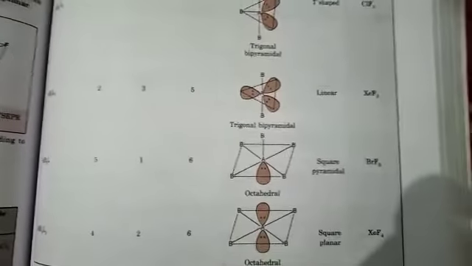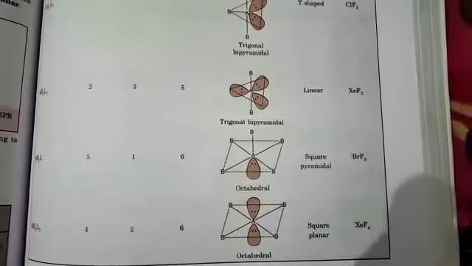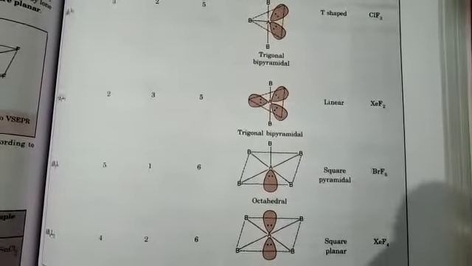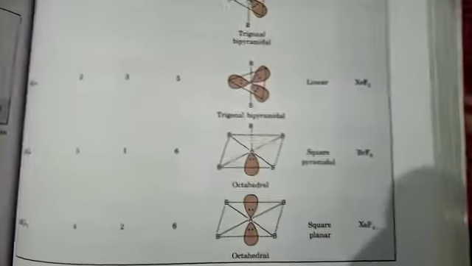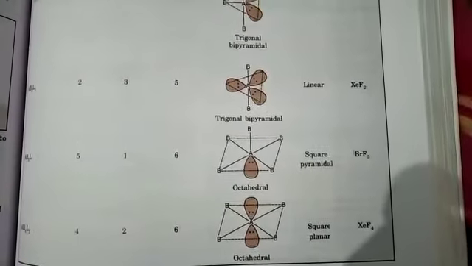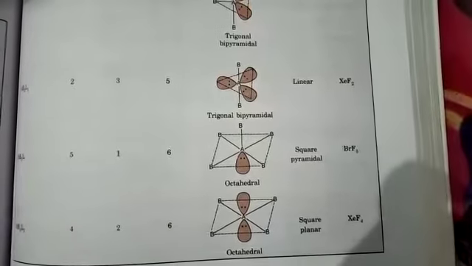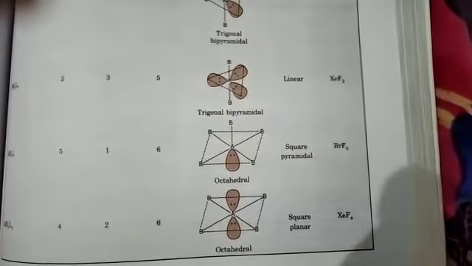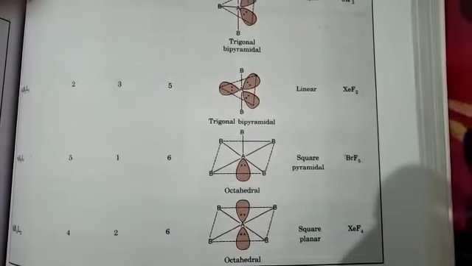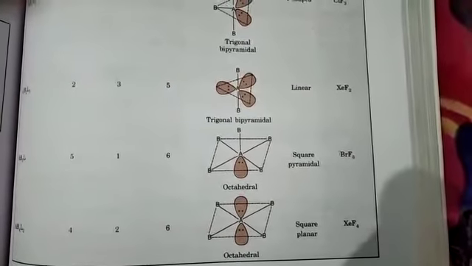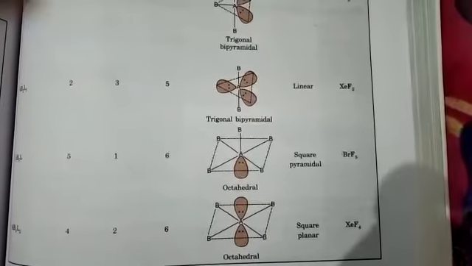So this is how the presence of a lone pair affects the shape of the molecule due to the maximum repulsion involved. This is how we work out what the shape of a molecule should be. On the basis of VSEPR theory, we can know the shapes of molecules.